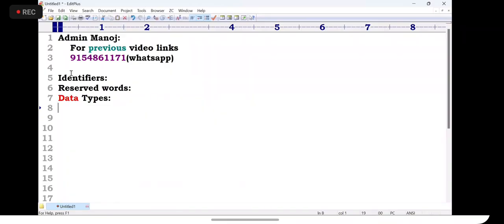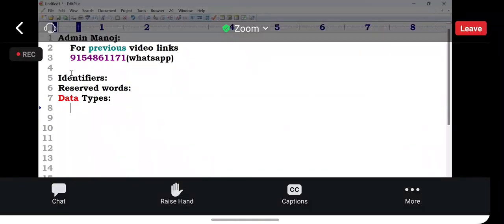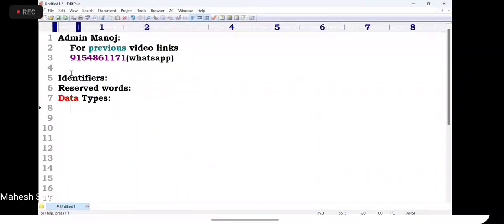Sir, basically, what is a data type? Data type means what kind of data we are storing, and to declare that as a data type. So generally, in any programming language, there are